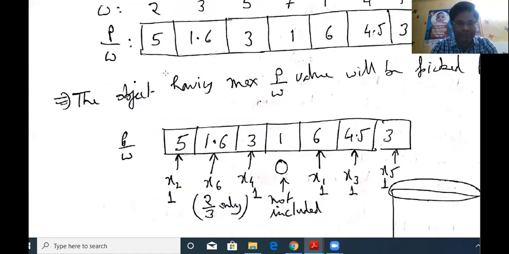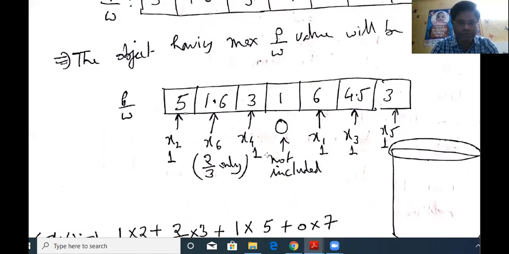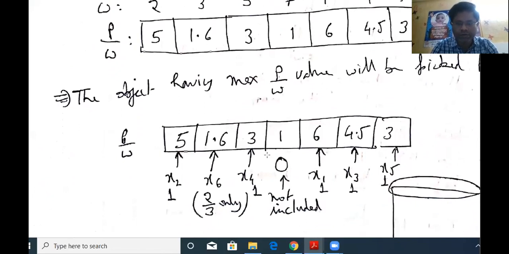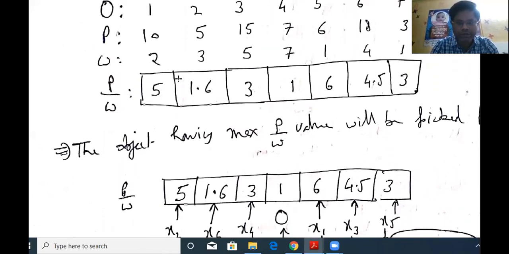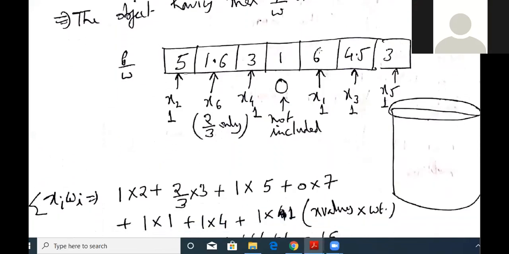So let us take it step by step. Suppose we start from here, we are not proceeding via x1, x2, x3, x4, we are just proceeding this way. You can carry on your own. So x1 into w1: x1 is 1, and the weight associated is also 1. So 1 into 1 is 1. Okay.